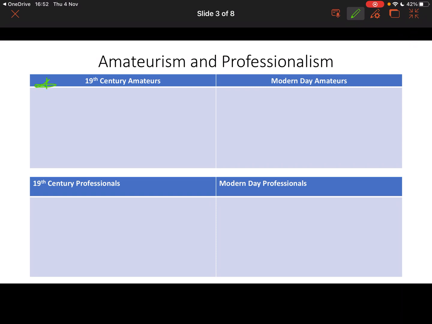This is the key one that we looked at last year, but is also the key focus of amateurism in year 13. How that compares to modern day amateurs. Remember, from our specification, modern day is post World War II. That's just using the specification terminology from last year. And then underneath you've got the 19th century professionals and modern day professionals. The main content or the ethic in focus that we look at is 19th century amateurism. So professionalism is there as a bit of a retrieval of work from last year.